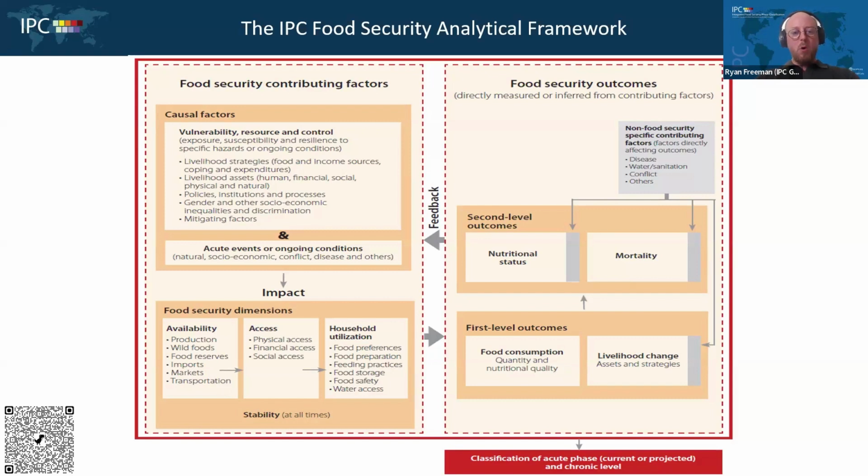Now that we understand that overall context, we get an understanding of, let's say, vulnerability over time. We have another discussion on vulnerability, and maybe it's a different demographic group. Maybe it's a particular area within this region. We start and move forward into the next discussion, which is on acute events or ongoing conditions. So this is where we are really interested in the IPC analysis when we start talking about the context. Now what's happened or what's happening in this context?